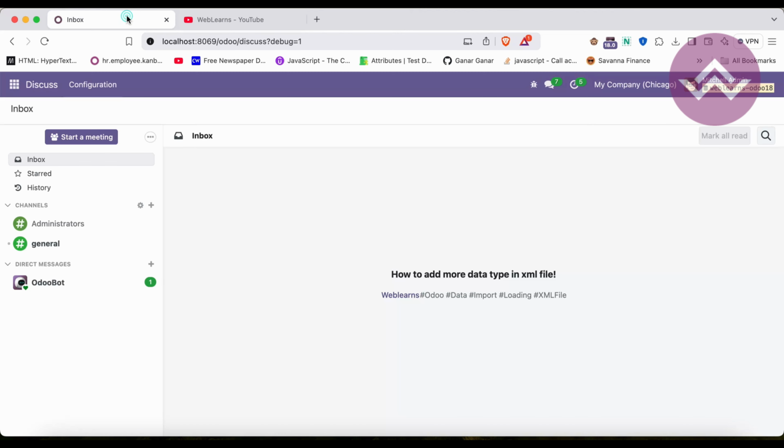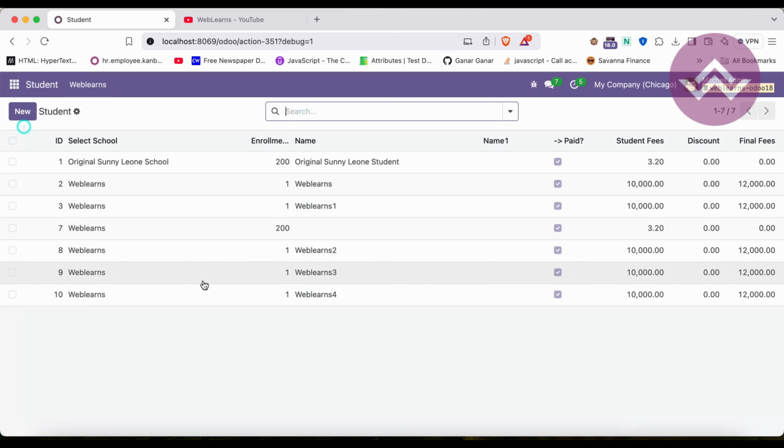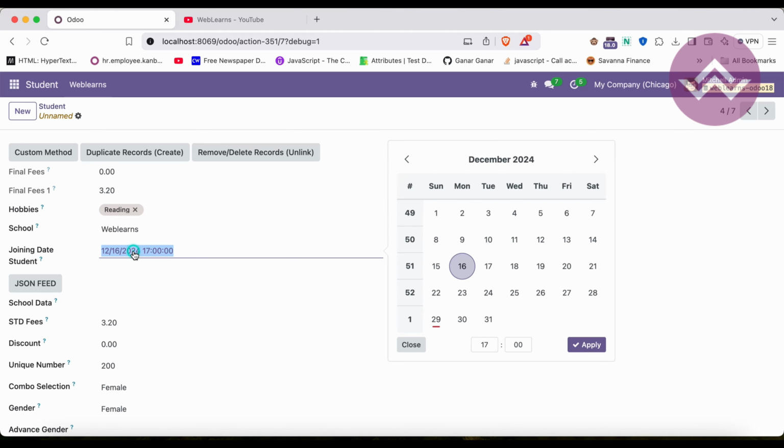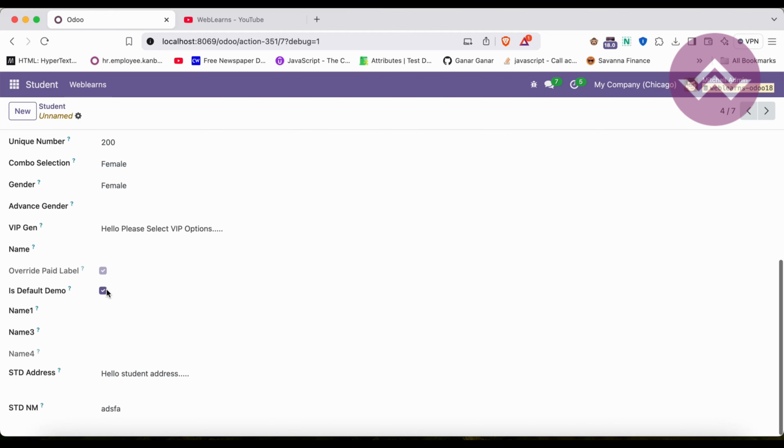Let's get back to our main topic: how we can add more data types in the XML file. We already talked about different students here. Now, if I want to add a date, or a boolean true or false, or I have to add images, what do I have to do? We can go to here